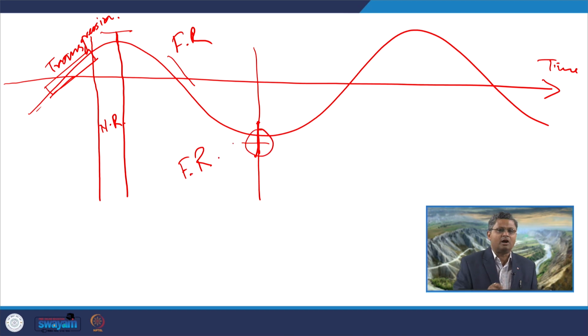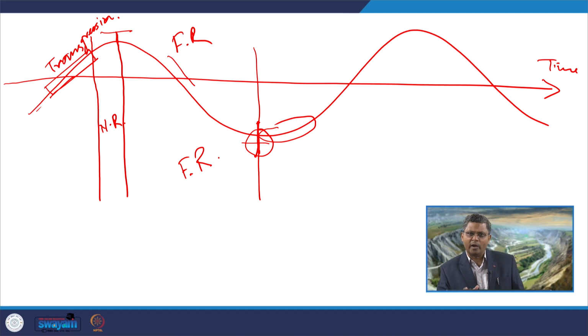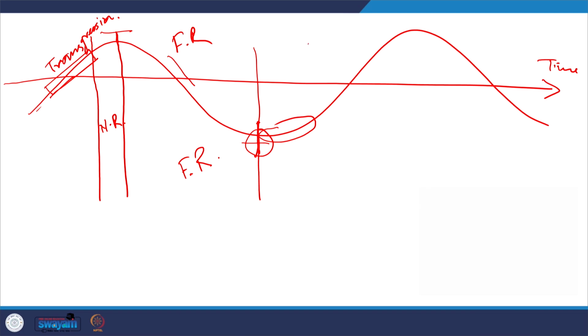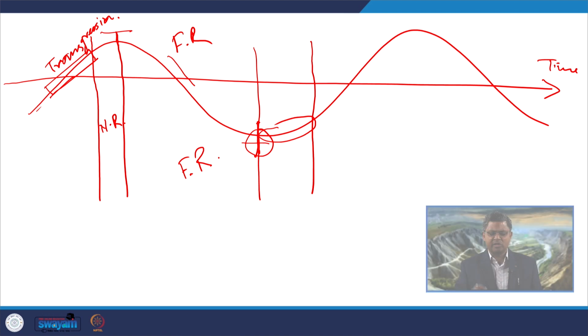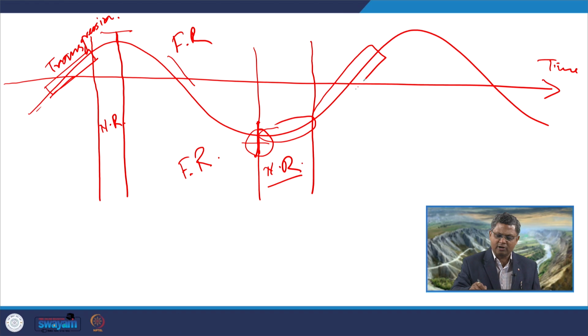This is another turnaround point where the base level starts rising. But in this part of the base level rise, the rate of rise of base level is lower than the rate of sedimentation. So, somewhere here again we will get a boundary which will indicate a changeover in terms of the rate of change of base level. Up to this point the rate of base level change is lower than the rate of sedimentation, so what we get here is a simple normal regression. Then in this part the rate of rise of the base level is more than the rate of sedimentation. So, again we get a transgression.